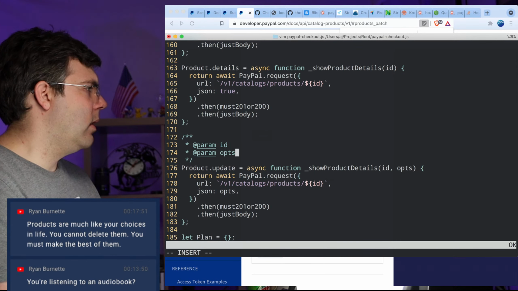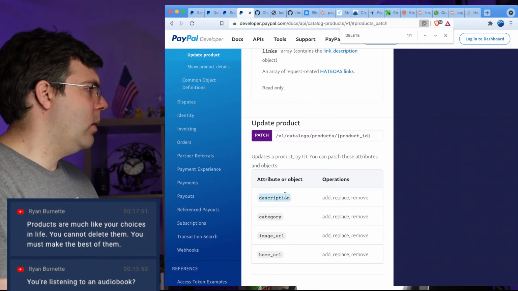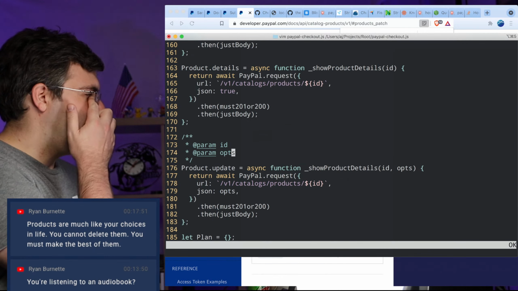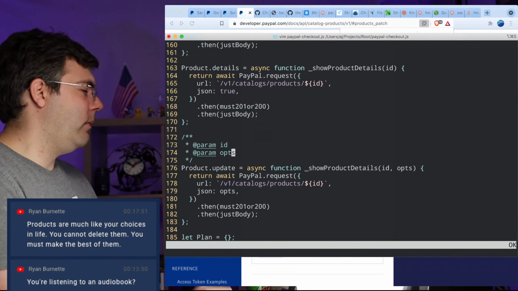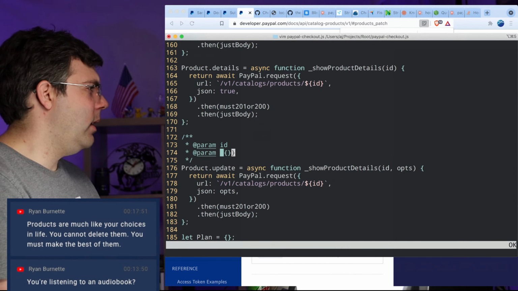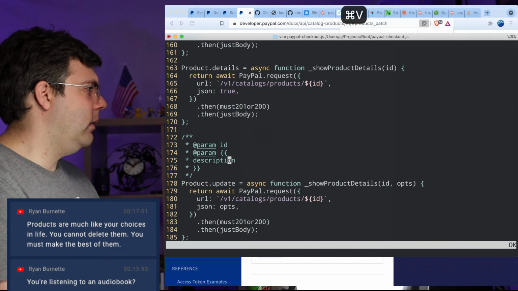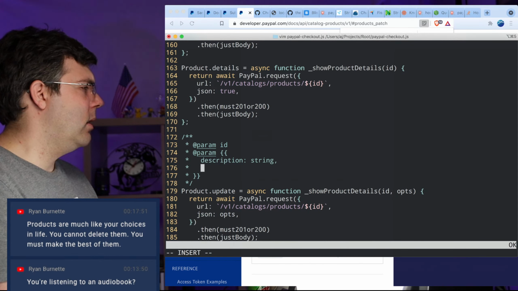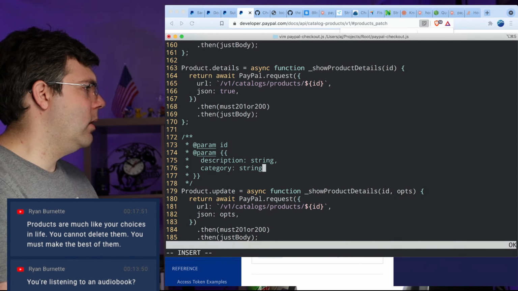And then I forget how you do this, because you can say what it is: description, category, image URL, blah. I think it's like this. You can do description string, category string.